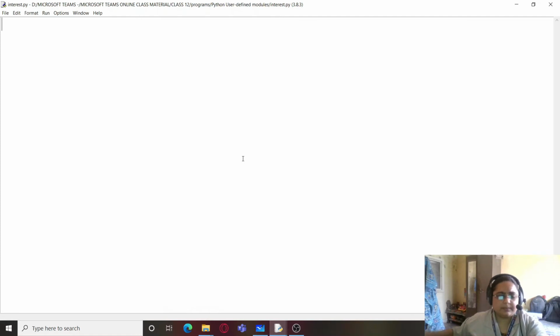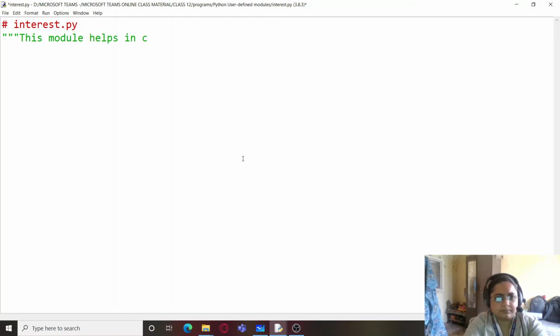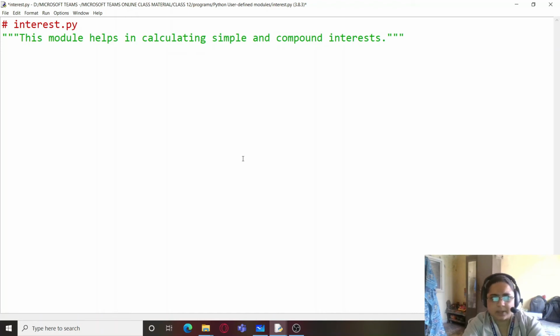So here I'm going to give a comment line, interest.py, and I'm going to start a doc string here which starts with triple quotes, and I'm just going to type here: this module helps in calculating simple and compound interest.